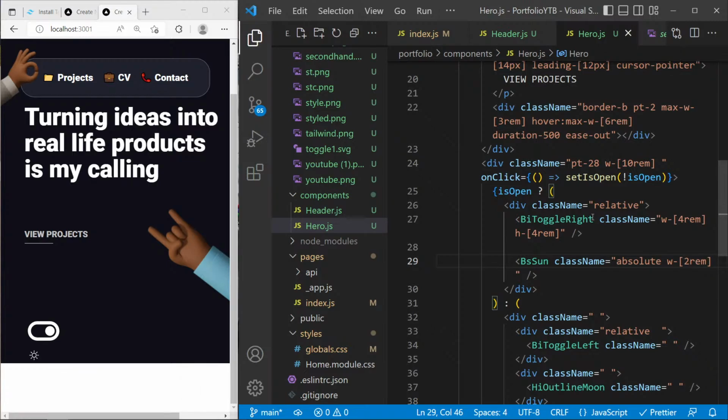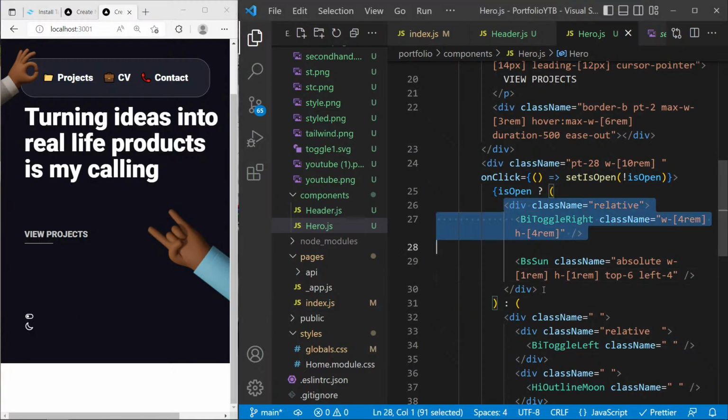And I'm gonna say a height of 0.95 rem. Okay, yeah, 0.95. Well, actually, let's say a width of 1 rem and a height of 1 rem, and save. I'm gonna say width absolute, and then let's say position, so top, let's say top maybe like 6. Okay, and for the left I'm gonna say left 4. Okay, so we have this sun showing up now, but then we have to do the same thing with this